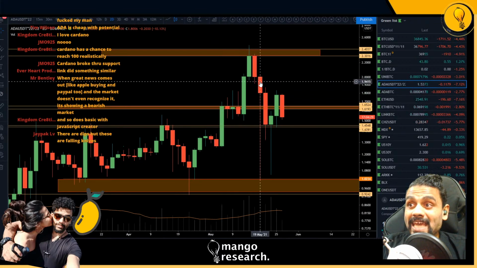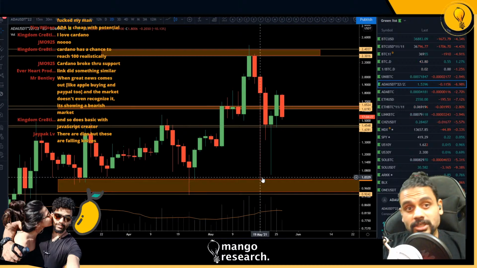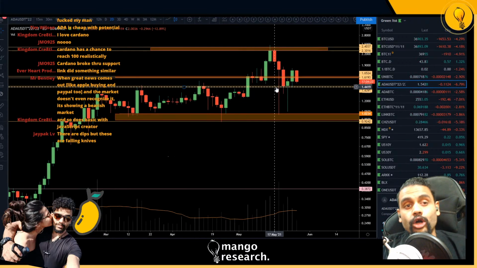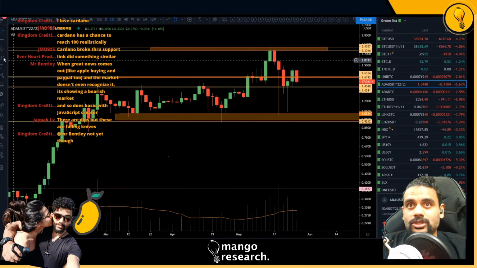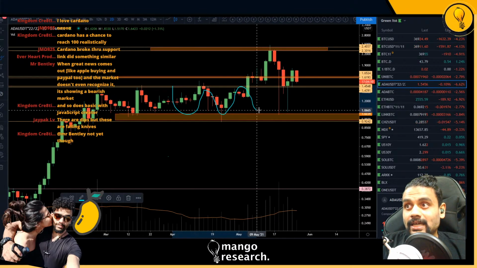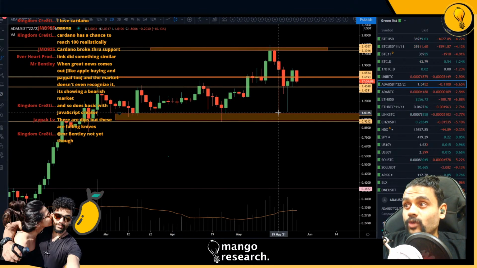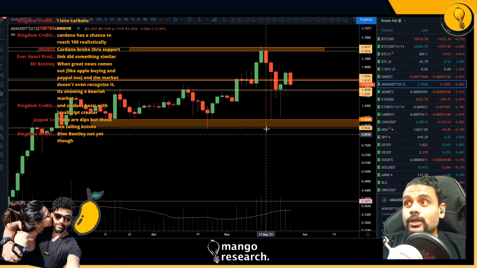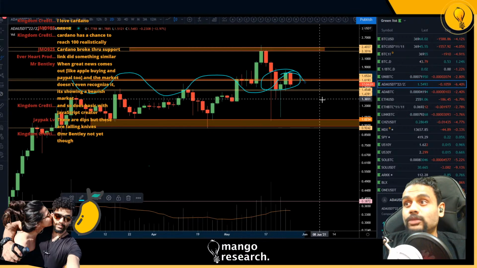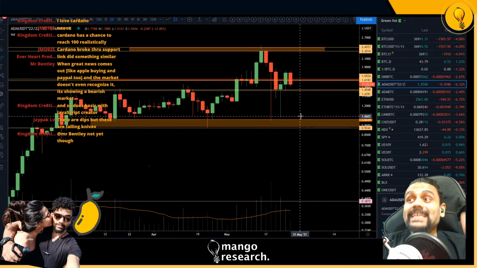Cardano, even though it came in and dipped right towards the bottom of that structure, it held the candle close. Contrast that with Bitcoin. We were just talking about a similar structure with Bitcoin in the weekly, right? Bitcoin closed inside the structure and now is living within that structure, right? If Cardano had closed inside this structure here, guys, Cardano would have been ranging between $1.40 and $1, but it closed above. So it's ranging above the structure now, right? So this entire area should be support for Cardano, and we're seeing it being supported.